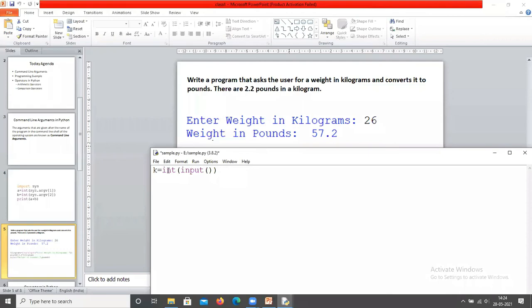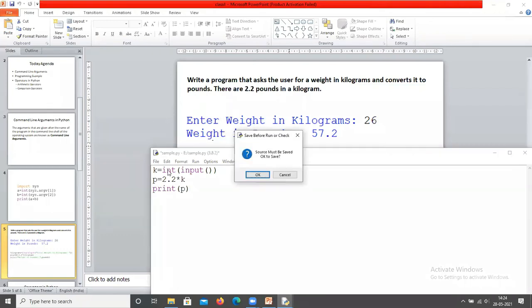Then I convert the kilograms into pounds. I'm taking another variable p equals 2.2 times k. Now I print the output p. That's it. First I execute this program.